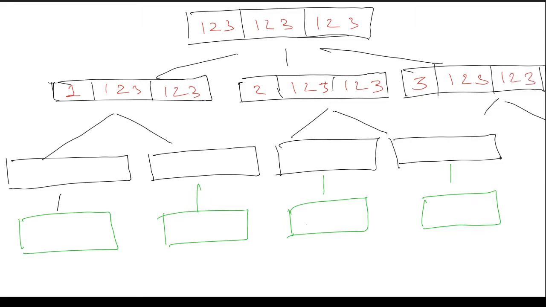Okay, we will go left side first. Okay, so now I have fixed my first position as 1. Okay, now the second and third positions are yet to be decided. Now can 1 be taken? No, 1 cannot be taken because it is already filled, so I will take 2 for the second space. Okay, now the second space is also filled. For the third space I have 1 2 3 remaining. If I take 3 for the second space, now again I have 1 2 3 for the third space.